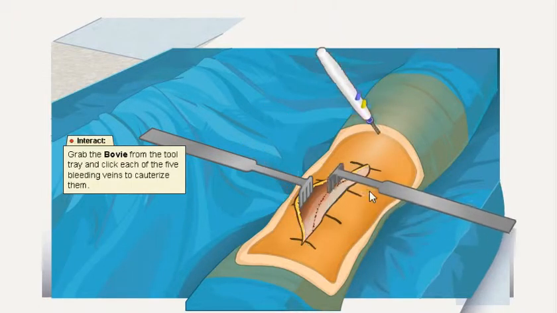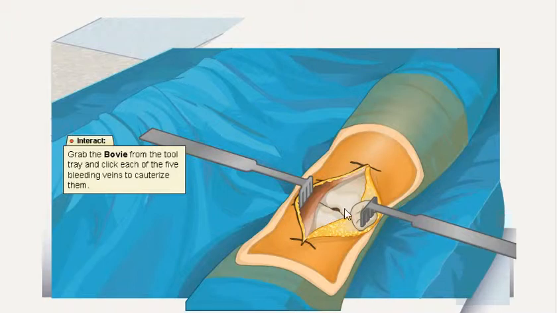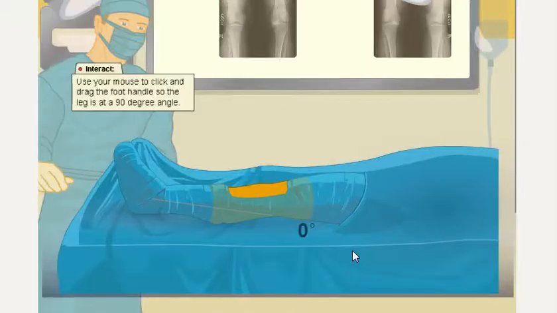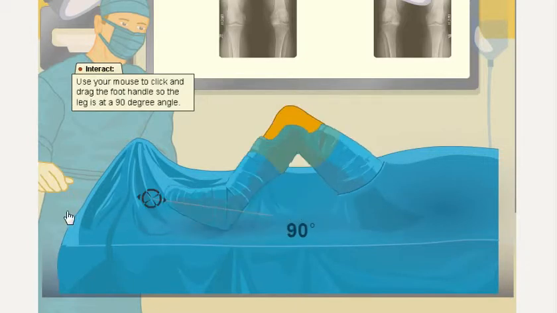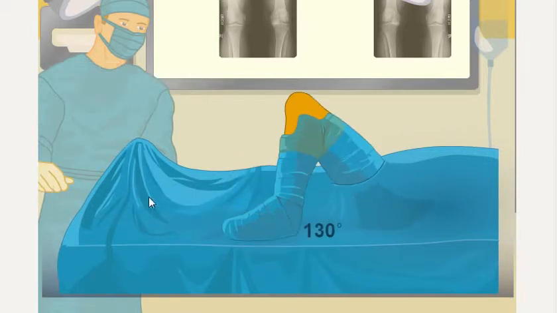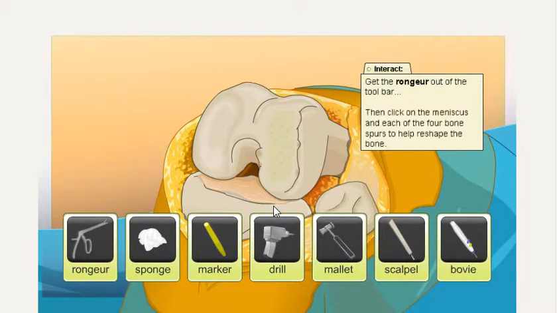The rake retractors fold the skin and tissue out of the way, exposing our patient's knee. Bir daha yardık. To operate, we need the patient's knee elevated and bent so the bones are fully exposed. Now the leg is at the proper angle. Use the rongeur to remove the anterior cruciate ligament, or ACL, the meniscus, and any bone spurs that may be